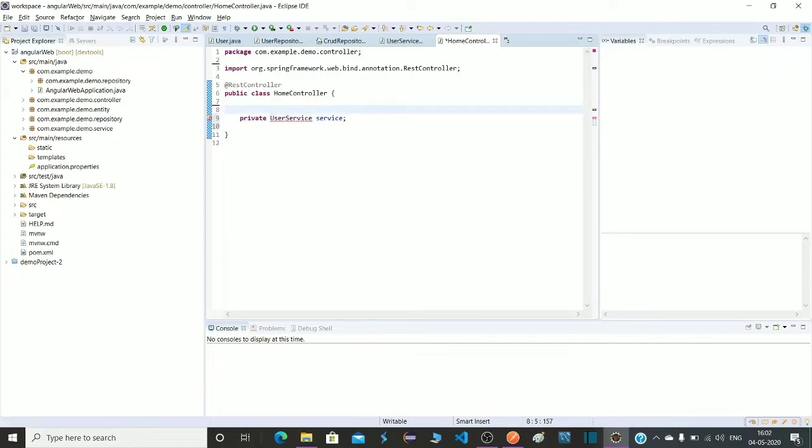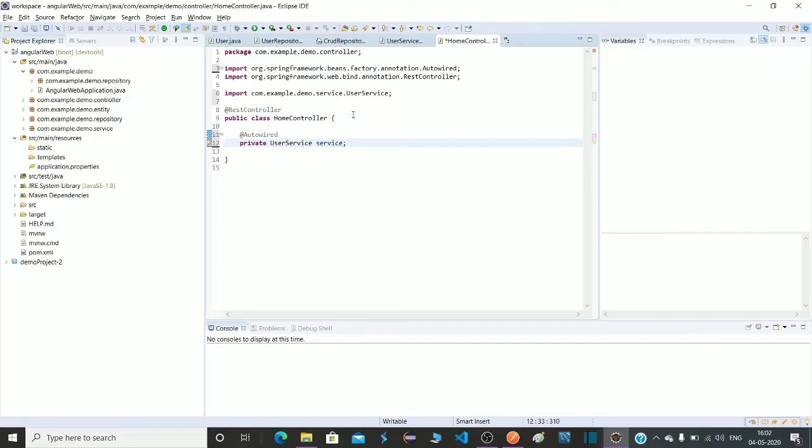We have to autowire it. So we no need to worry about creating an instance of the UserService class. Spring Boot will automatically create it. Let's import the package by pressing Ctrl Shift O.